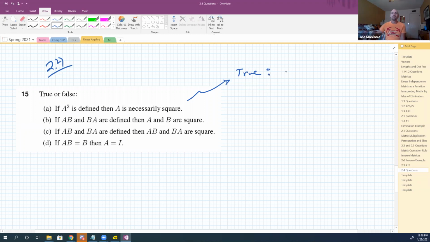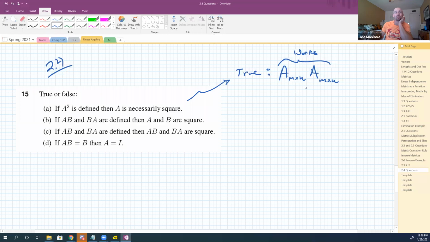So if A was m by n, right? And then if A squared is defined, what does that mean I can do? That means you can multiply A by itself. Okay, so that means that A, m by n, is defined, right? A squared is defined really means that A m by n times A m by n works, right? Now,